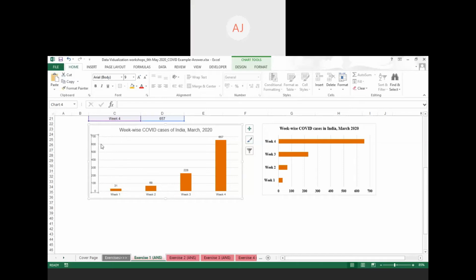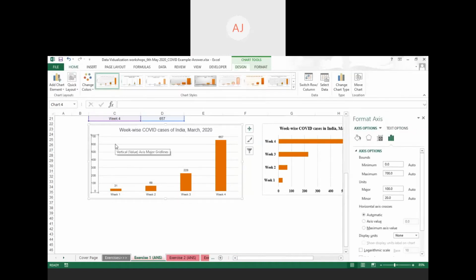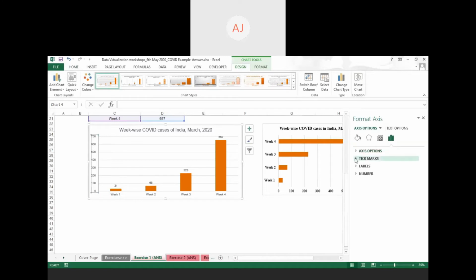So for changing the y-axis value presentation, we go to that axis, and after double clicking on the y-axis, you'll get an option like this. The column based symbol, you'll get an axis option, tick markers, label thing, and the fourth option will be numbers. By clicking on this arrow next to number, you'll get more options.